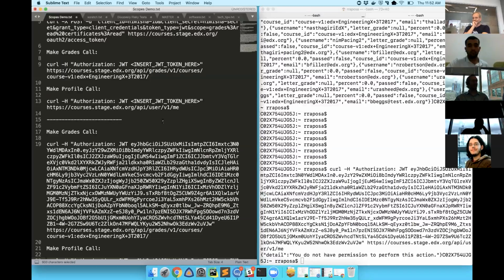Anyway, I know I'm getting deeper and deeper in this, and I can keep going, but the one last thing to say about where we're heading is that those JWT tokens are going to move around along with the user. As a user goes from one micro front end to another, like from LMS to Studio to Insights to whatever different UI we have, the JWT token will follow that user along. This is our way of making it very simple to do authentication and authorization across microservices as we build more of those, and across micro front ends as we build more of those. Anyway, I said a lot there.